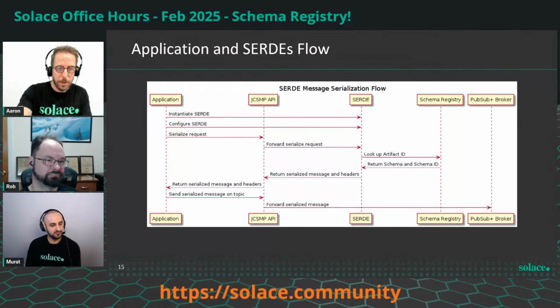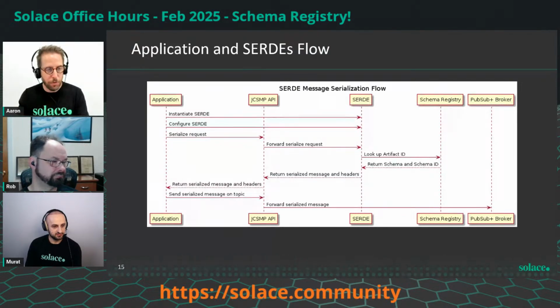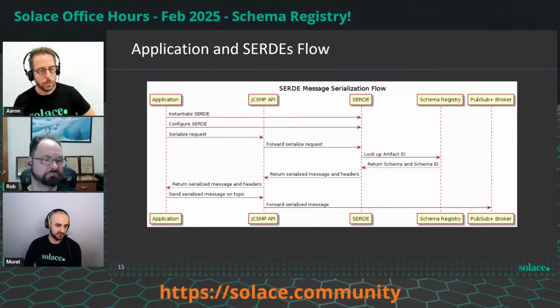So I understand the initialization configuration, the serialized request. So is that another API? That's an API call that the application makes to kind of kick off this process just before they send the message? So we're adding a new API, a couple of API methods or calls, I guess, right? Yes, exactly. But they're really just very small interfaces on the API itself. Again, all the heavy lifting is being done in the SERDES component itself. So the API is really just an intermediary in this case,